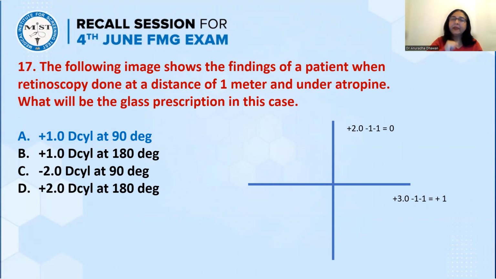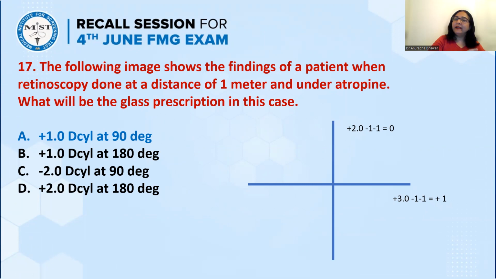Okay. Now you know that the cylinder acts at 90 degrees to where it is placed. Okay. So if I want a cylinder to be acting at 180 degree, I have to place it at 90 degree. So here, the right answer to this question will be +1 diopter cylinder at 90 degree. Okay, because I need +1 acting at 180, I will be placing it at 90. Okay, so in the